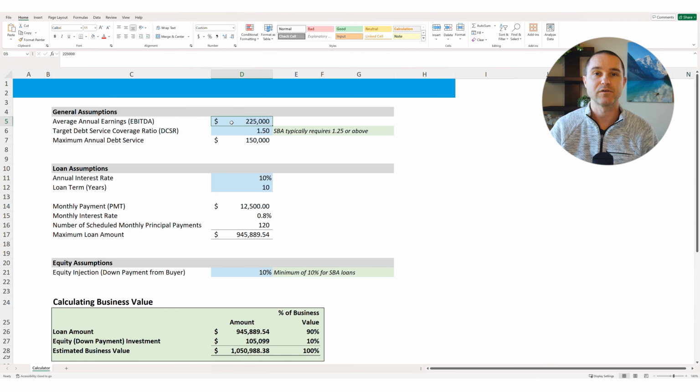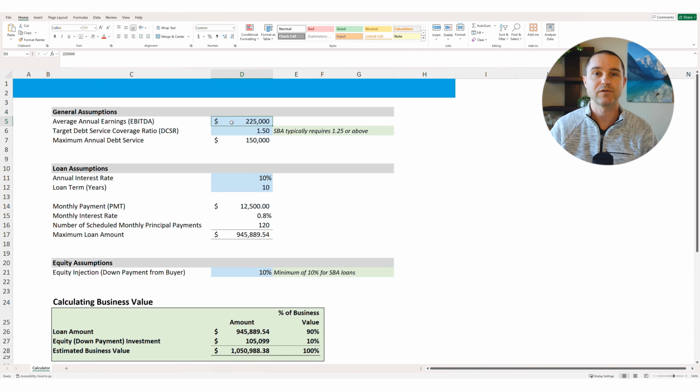You can add that $100,000 back. And so your new seller's discretionary earnings would be $200,000. It's the profit of the business plus what you paid yourself as the owner. So $200,000, right? Now, the lender, on the other hand, may say, well, we're not going to add back that